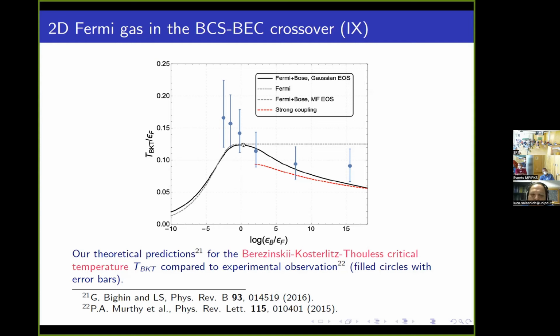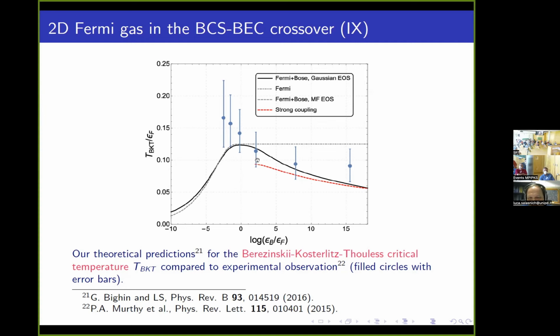Instead, if you include also the Gaussian fluctuation, as shown in the solid black line, the Berezinskii-Kosterlitz-Thouless critical temperature diminishes by increasing the binding energy, and actually it goes logarithmically to zero if the binding energy is extremely large. And again, here we have some experimental data obtained in a Physical Review paper in 2015, and